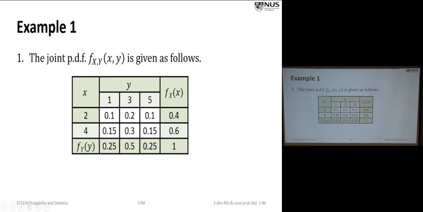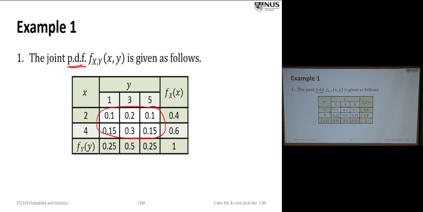All right, to appreciate it, let's look at this example. So here we have the joint PDF, the joint probability function. I just call it density function, but strictly speaking, it's the probability function. So x takes two values only, 2 and 4. Y takes the values 1, 3, and 5. And these are the corresponding probabilities for x equals a certain value and y equals a certain value. Outside that, it is 0.